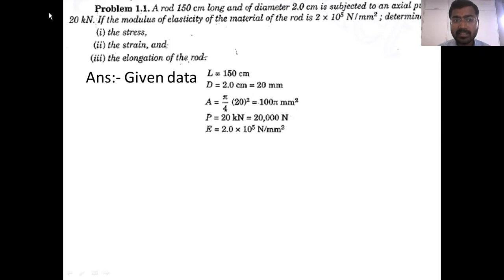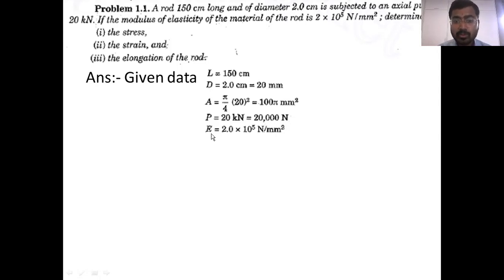Force, how much has he given here? He has given the force as 20 kilonewton. But we have to change this kilonewton to Newton. If you see my previous classes, I have given you the higher values. So here we have kilo, mega, giga. These are bigger units: 10 to the power 3, 10 to the power 6, 10 to the power 9 and 10 to the power 12. Kilo is 10 to the power 3, which is equal to 1000. So I can write 20 into 10 to the power 3 Newton, which is equal to 20,000 Newtons.